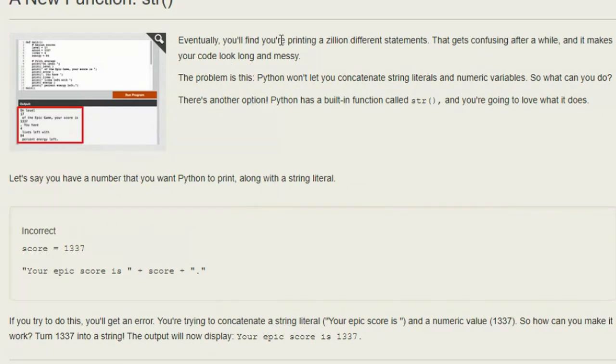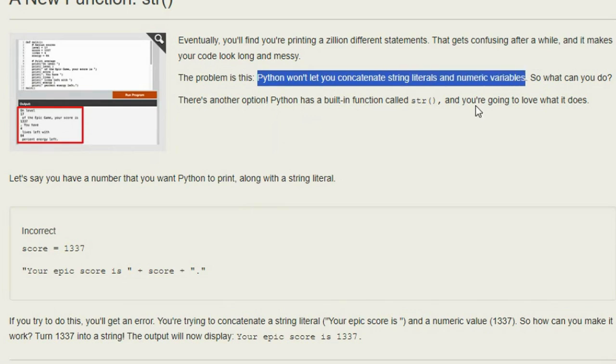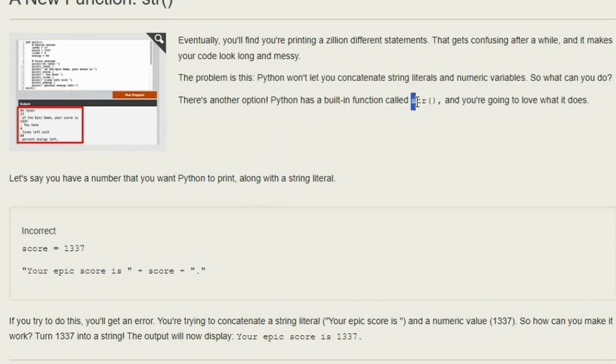Okay. Eventually, you're going to find yourself printing a zillion different statements. It gets confusing and makes your code look long and messy, especially if we have to do it on separate lines. The cost of your meal is, and then the numbers on another line. And then this is, and the numbers on another line. So the problem is Python will not let you put string literals and numeric values together. We just saw that. Well, they got another built-in function we can use called str